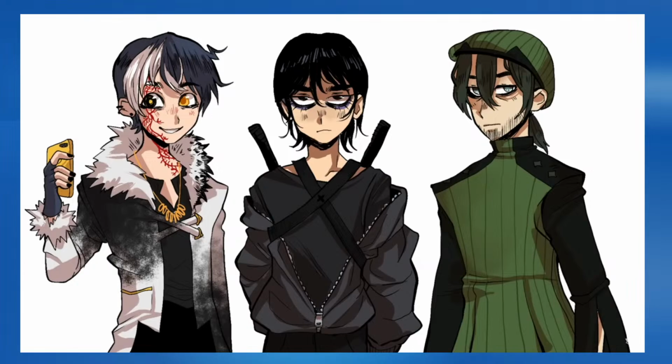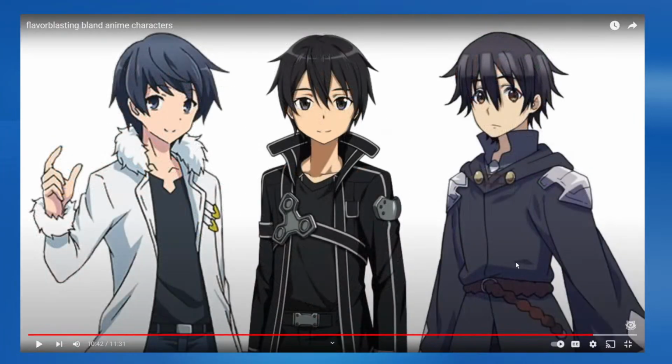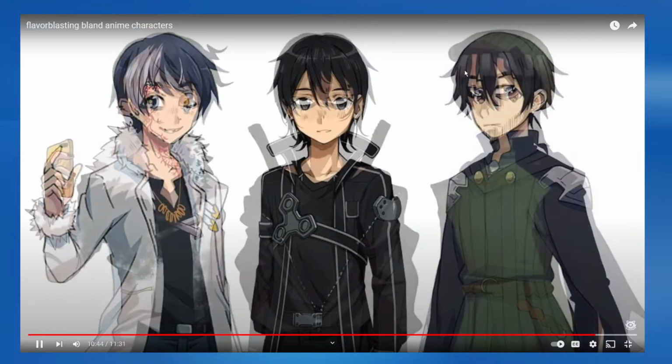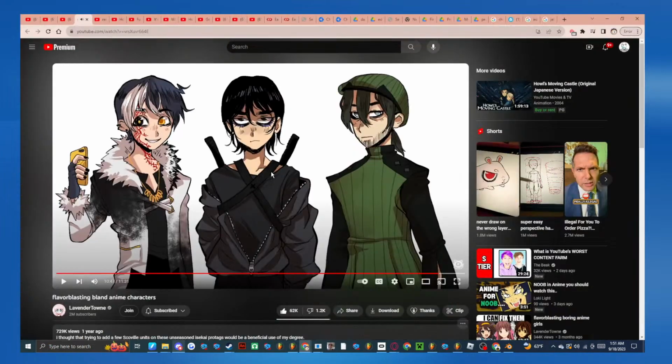So that about wraps it up. Here are my versions, and then back into their old version. I really like how they look with a little extra spice and a little extra story detail on them, but